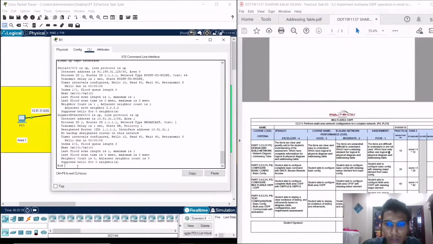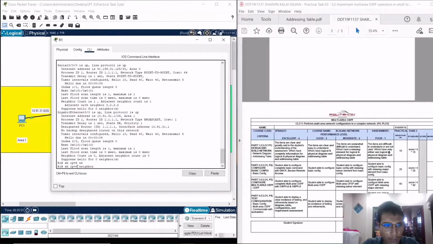And now I'm going to show OSPFv3. The difference between v2 and v3 is that v2 is about IPv4 and v3 is about IPv6. I'm going to show OSPFv3. Same command which is used previously, but slightly different. We were giving IP previously, but now I'm going to give IPv6, OSPF neighbor, sorry,